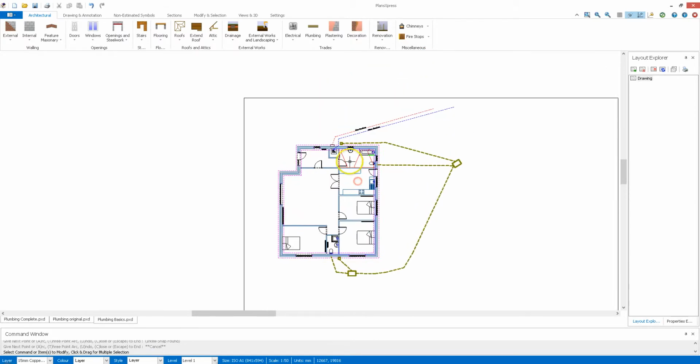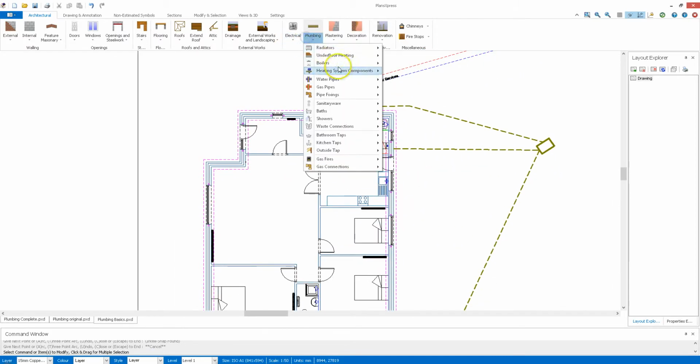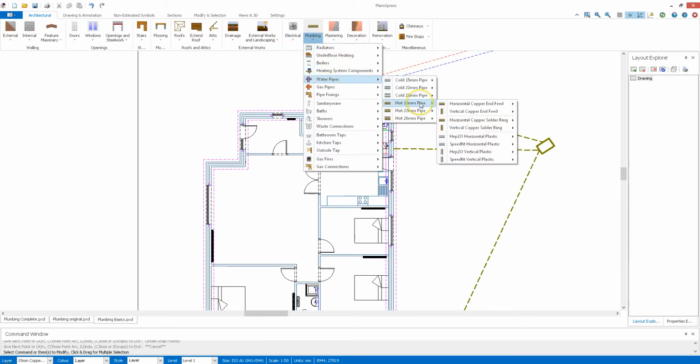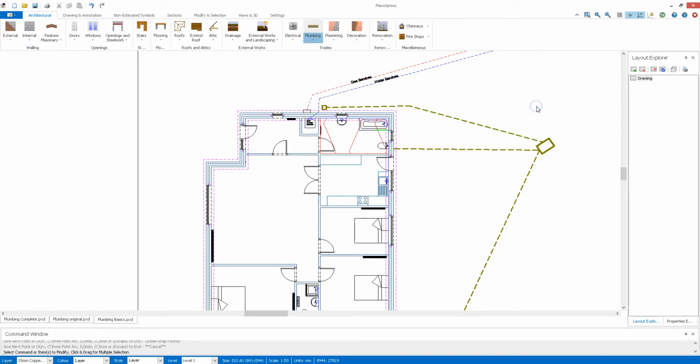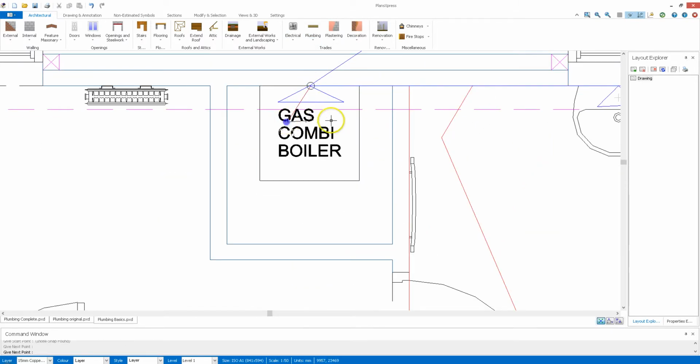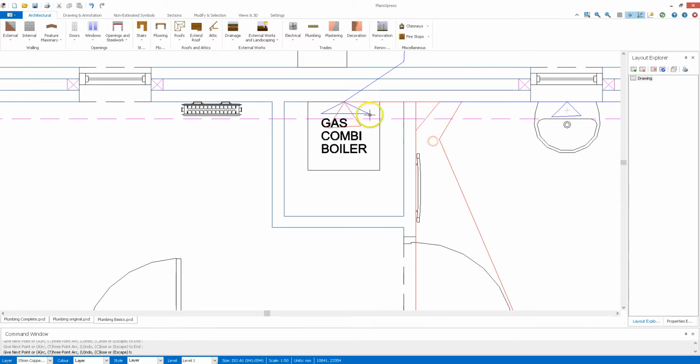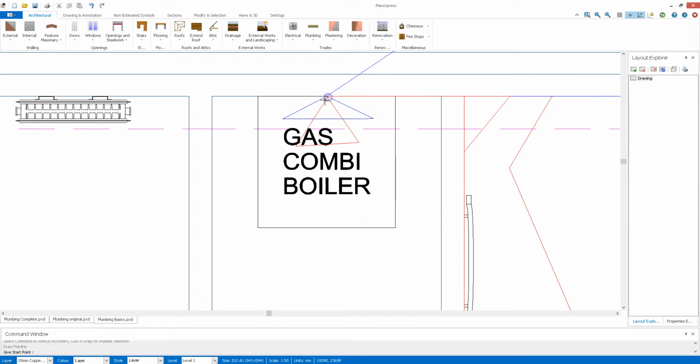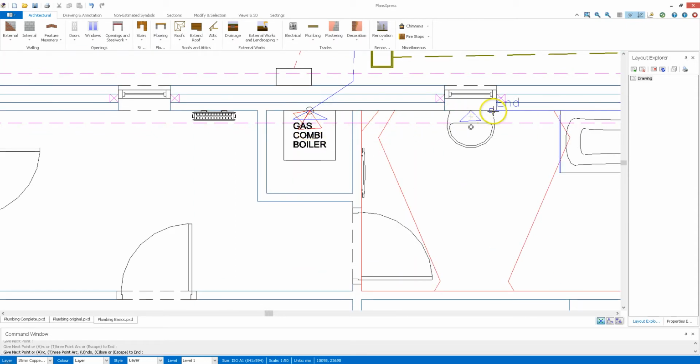That comes doubly important if I was to go along now and go to water pipes, hot water pipes. Grab the same thing there. I can actually grab hot water pipe, run that to the underfloor heating there, and then I can right click, bring that up again, and just by doing another one of these little shapes there, run that along,